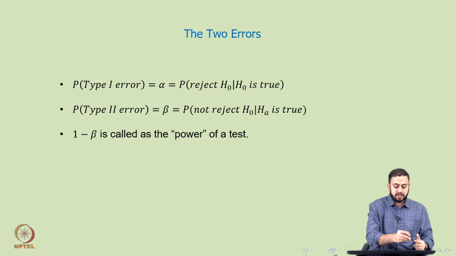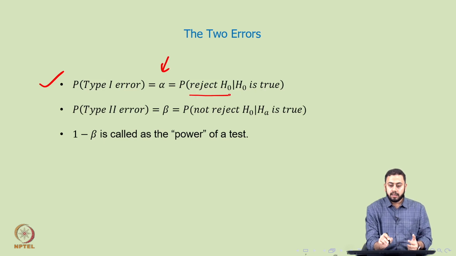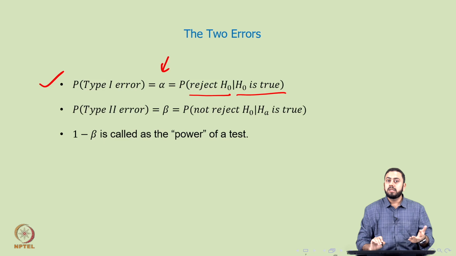Now again, the two errors. The first one, like I said, is type 1 error. Now the probability of making a type 1 error is denoted by alpha. Okay. Now again, remember what exactly is type 1 error. I can actually write down type 1 error is rejecting the null given that the null is true. So this vertical line, if you remember conditional probability, stands for 'given that'. So the truth is that the null is true, but the conclusion of the testing process is rejecting the null. So you are making an error there. Okay.